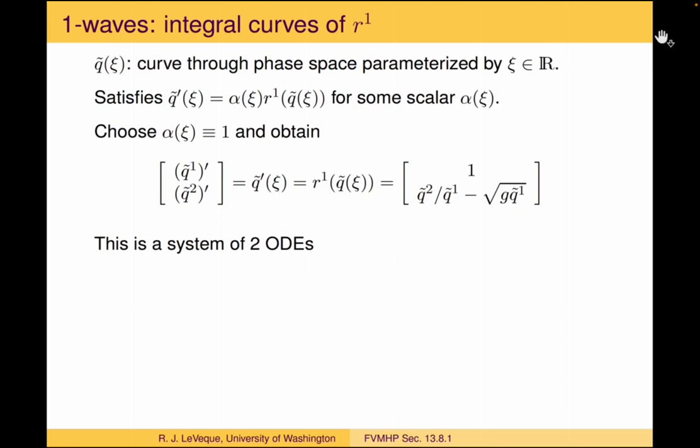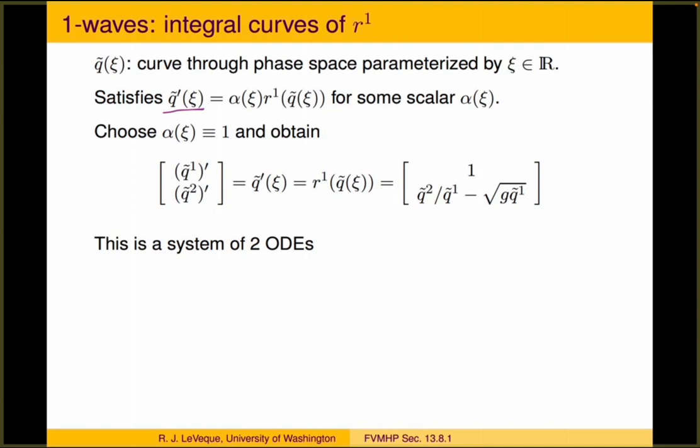Okay, so now let's look at how we would actually compute these integral curves. As I've said, they're curves that go through phase space that are parameterized by some parameter xi. How would we find them? Well, we know that the derivative q tilde prime of xi has to be some scalar multiple of the eigenvector, r1 in the case of the integral curves of r1, for some scalar function alpha of xi. And in terms of solving for what these curves are, we're free to parameterize as we want to. An easy way to do it often is just to suppose that alpha equals 1